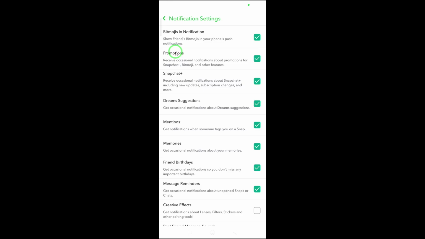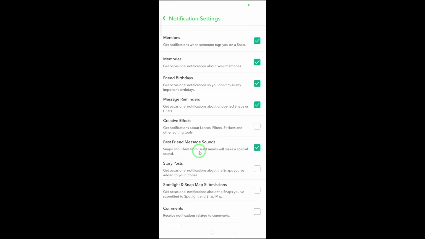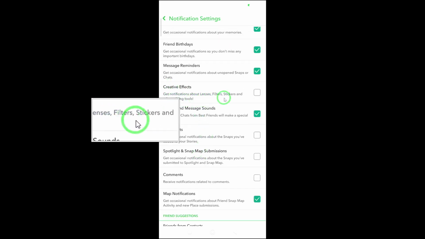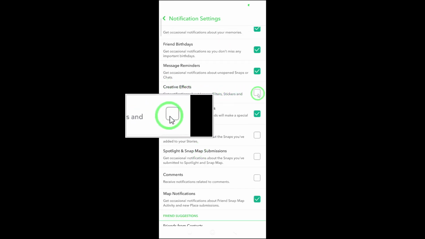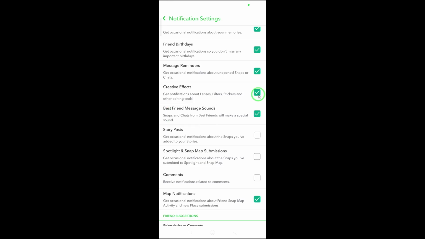Once you're inside settings, scroll down a little until you find the option labeled Notifications. Go ahead and tap on it. This section controls all the alerts you receive from Snapchat, so you can customize exactly what you want to stay updated on. Inside the Notifications menu, look for an option called Creative Effects. This is the setting that controls whether Snapchat notifies you about new and trending lenses, filters, and creative tools. If the box next to Creative Effects isn't checked yet, simply tap it to enable